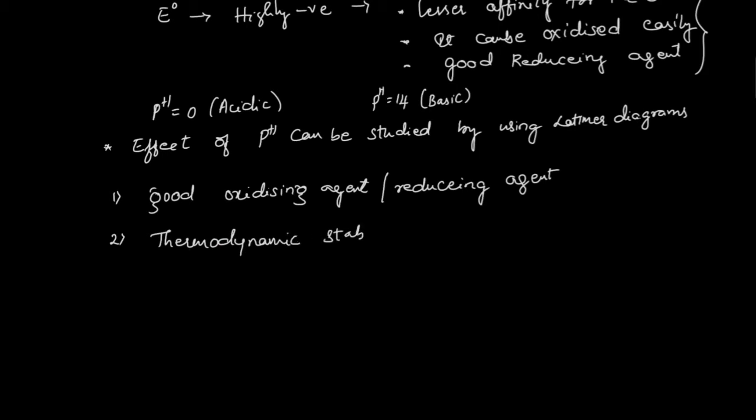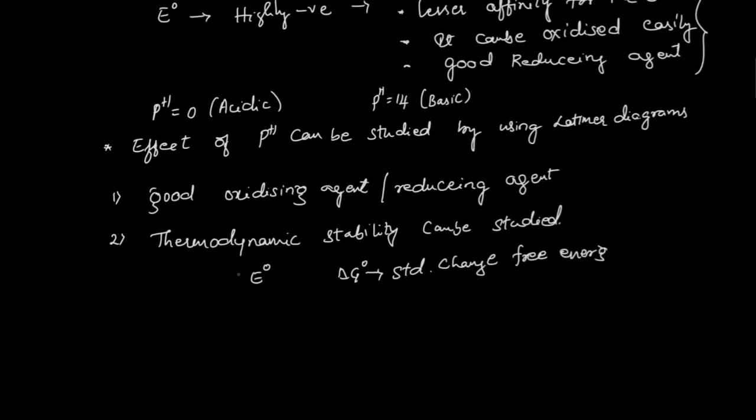Thermodynamic stability can be studied because we have a relation between E naught and delta G naught. Delta G naught means standard change in free energy. So the relation is delta G naught equals minus n F E naught,